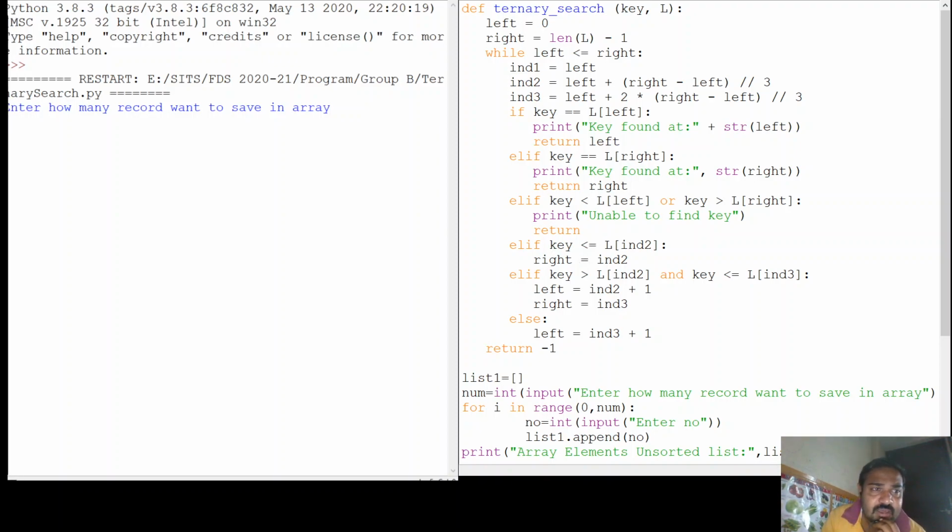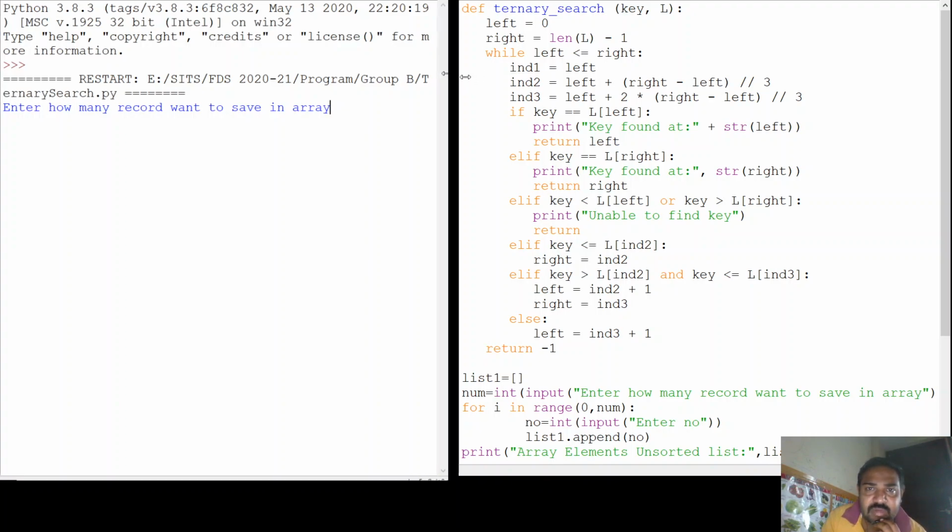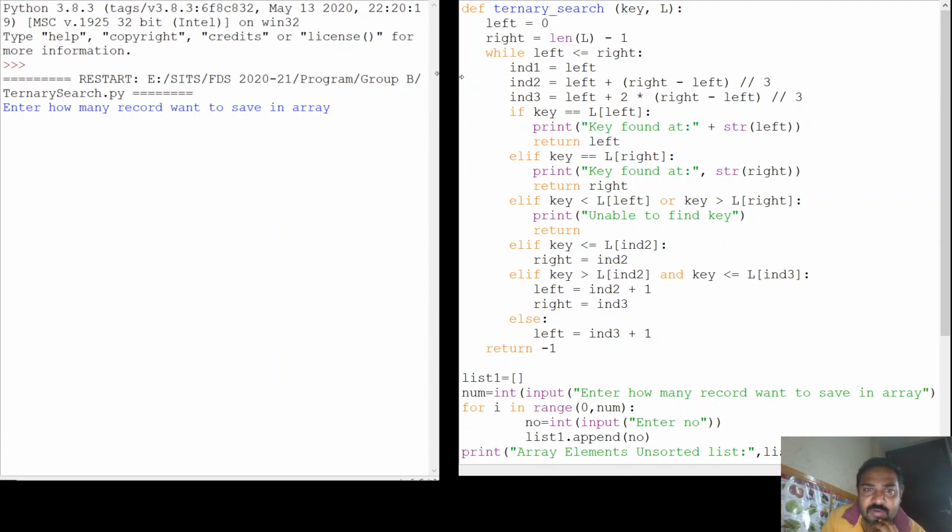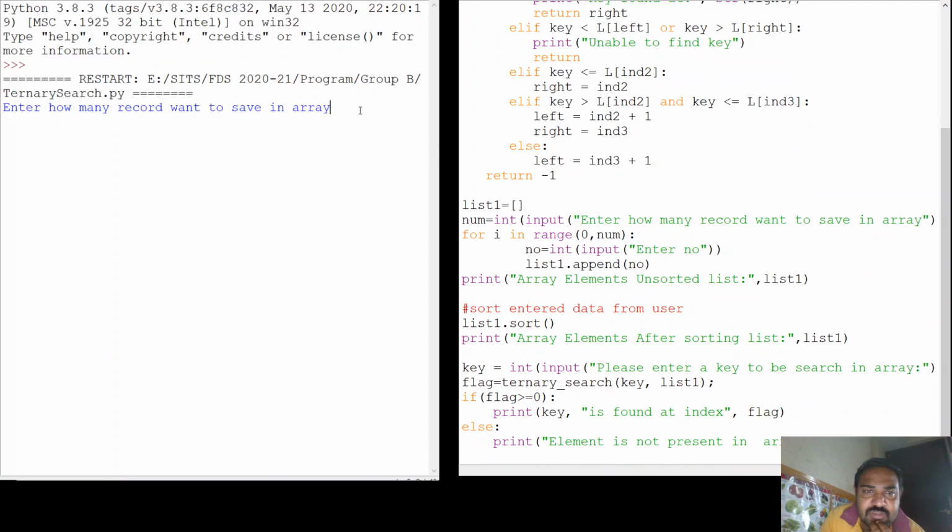The only difference is that in binary search we find only one mid value, but in ternary search we find two mid values. So let's see the output first, how the ternary search is going to be executed and what output is expected, and then we'll discuss how to write the program of ternary search. First, how many records do we want to save? If I say I want 9 values, now we want to enter the data. So you can say 4, 5, 15, 1, 25, 0,